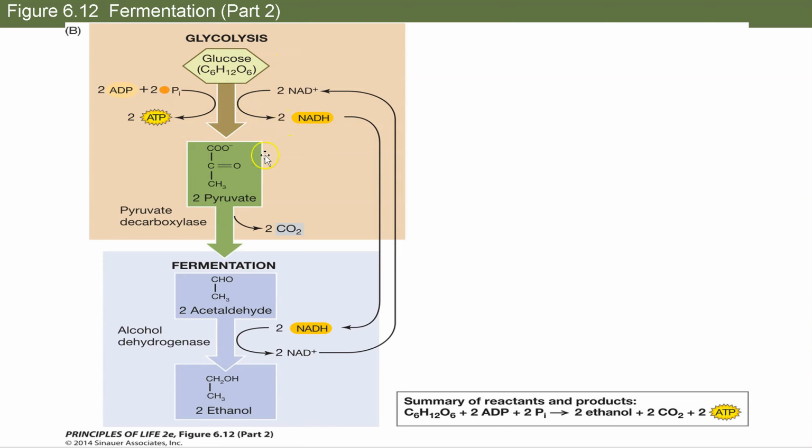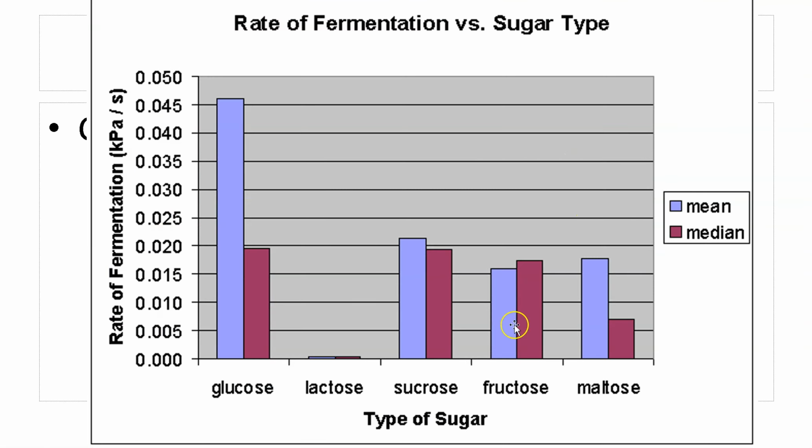And so glycolysis, NADH, pyruvate, different enzymes. There's our CO2 that makes bread fluffy. I remember all the time growing up in Auburndale, we would drive by Nature's Bakery, like a factory, and it literally smelled so good because you smell the alcohol burning off, but the CO2 is what makes your bread fluffy. And so with all the air holes in it, you have acetaldehyde and then alcohol dehydrogenase making ethanol. But why is that important? Because we're regenerating NAD+ again. Okay, and so here's just an example of rate of fermentation, type of sugar.